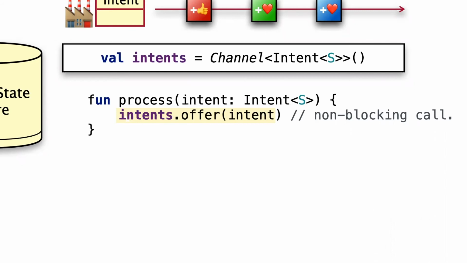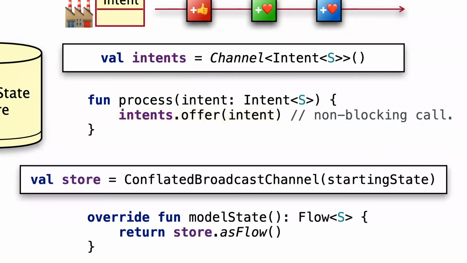Now, before we actually start processing this new intent stream we have here, I'm going to show you how we'll be broadcasting our model state to the views that consume it. We use something called a conflated broadcast channel. It's another type of channel, but it's a pretty fancy name, right? So we're going to break it down and see what each bit actually means. First off, it's a channel, obviously. Much like the intent channel I just showed above, you can send values into it, and then somebody can receive them from the other end. It's a broadcast channel. So unlike the vanilla channel, the idea is that